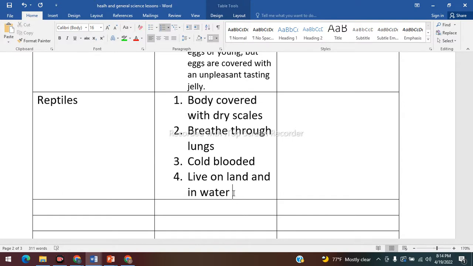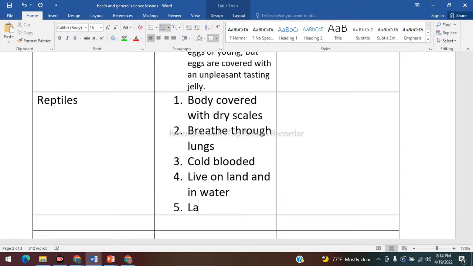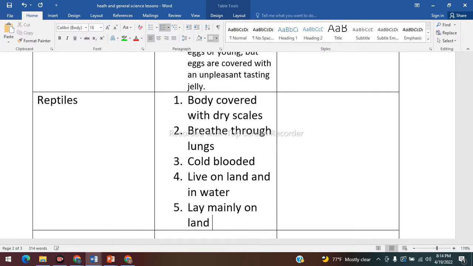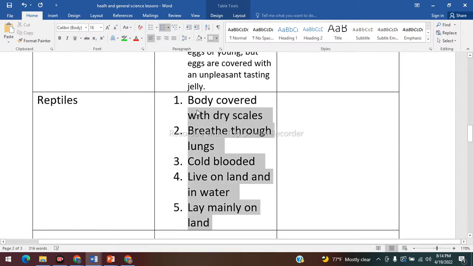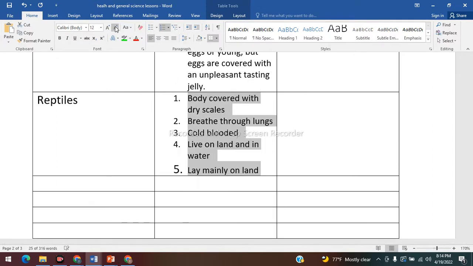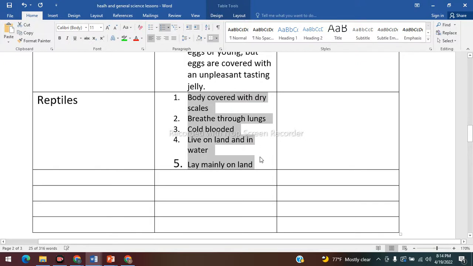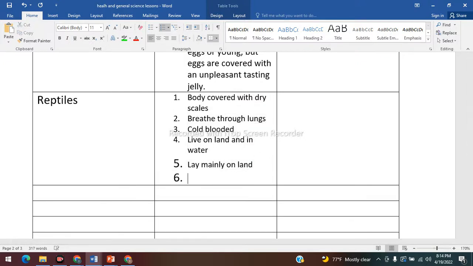All right. But they lay their eggs mainly where? Under the dirt. In water? No, deep in the dirt. They lay their eggs mainly in the dirt. All right. Next up is